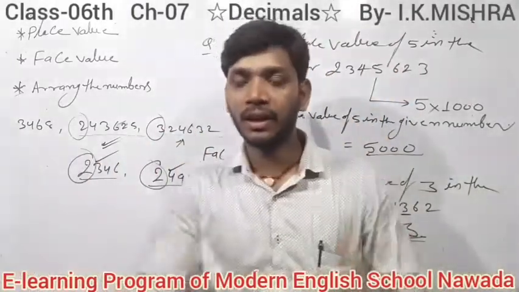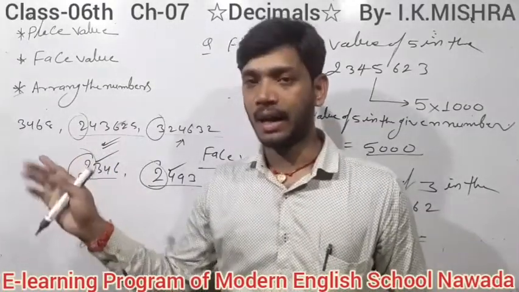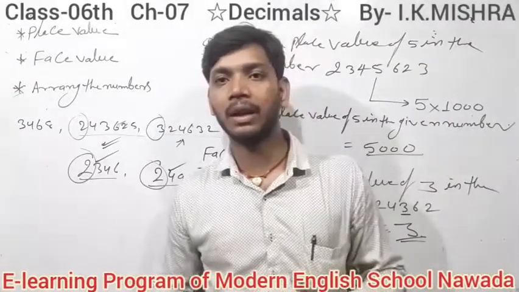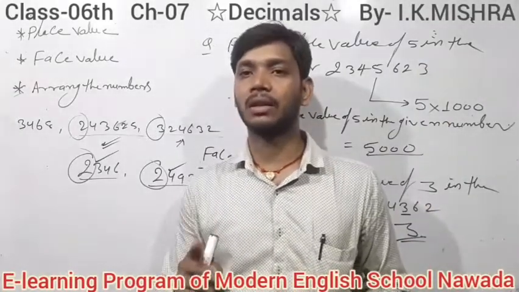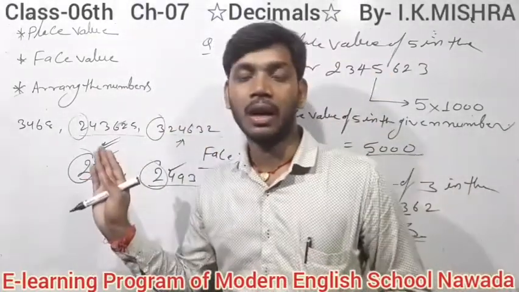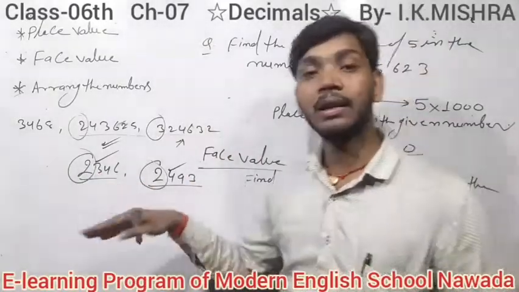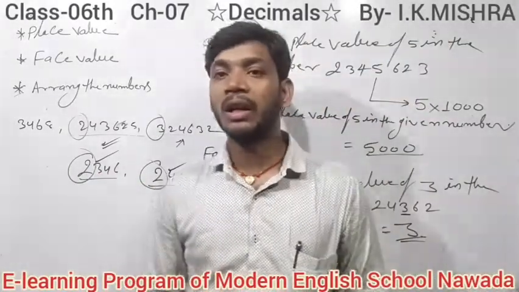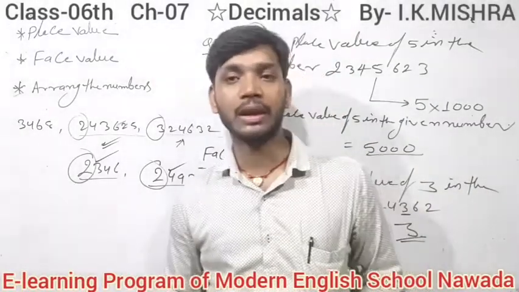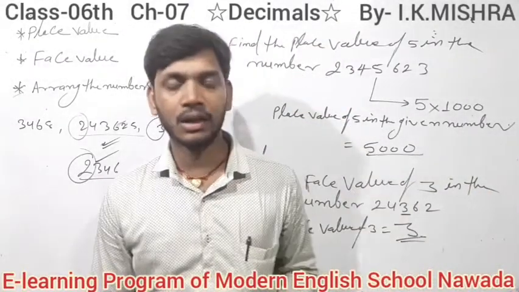You know, in ascending order, first write the smallest number and after that larger and larger. And if you have to arrange the numbers in descending order, then first write the largest number, and then a smaller, then a smaller, and the smallest number we write last. So students, similarly you can solve the questions in your exercise 1A, 1B and 1C of RS Aggarwal book.